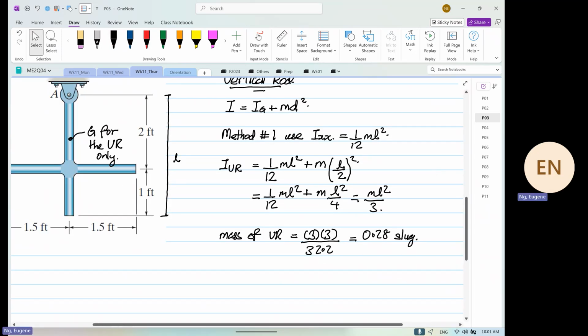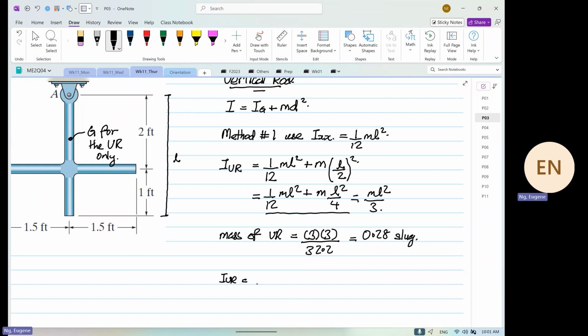So from here, if we were to just apply this formula, I for the vertical rod is equal to 1/12 multiplied by 0.28. Length is